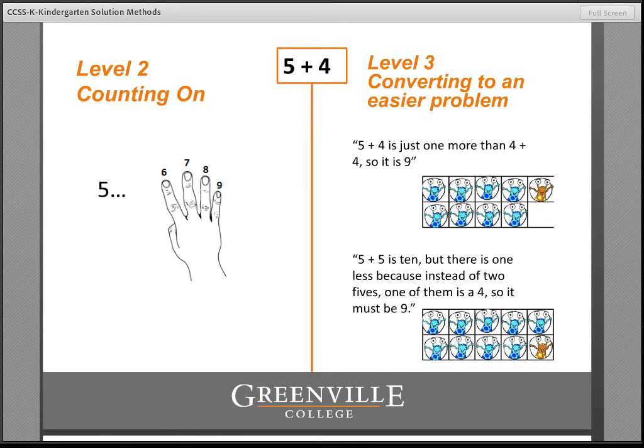Level 3 methods are even more advanced. They involve converting the problem to an easier one by using a familiar, well-known fact. Here you see 2 examples. The top one uses a doubles plus 1 strategy. So the child perceives a hidden double in 5 plus 4 and recognizes that it's almost like 4 plus 4, except there's one more. So he knows that 4 plus 4 is 8, so therefore 5 plus 4 must be